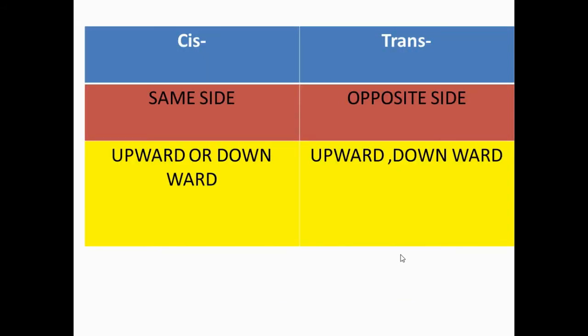The cis form is where the groups are on the same side. The trans form is where they are on opposite sides. In the case of cyclohexane,